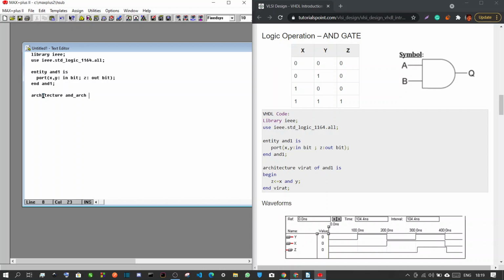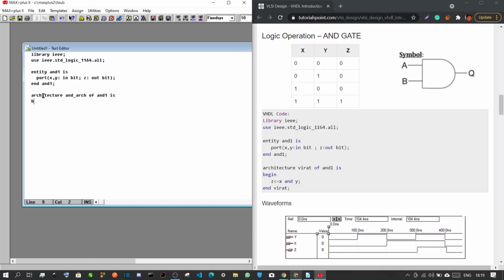You can name it anything, whatever you prefer. Then we have to write of. So of means which entity is this architecture for, right? So this architecture is for the entity and1, right? So we have to write of and1, and then we write the keyword is and press enter.